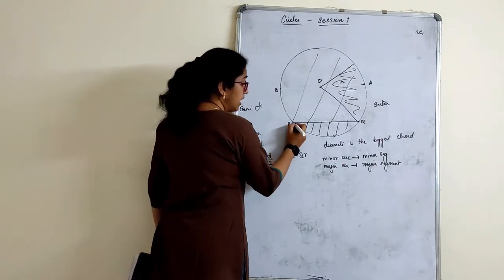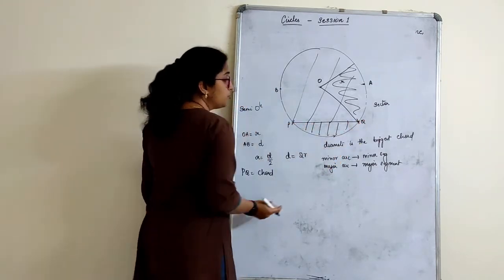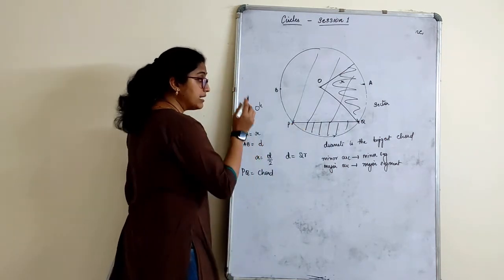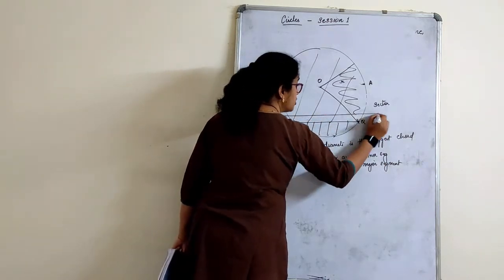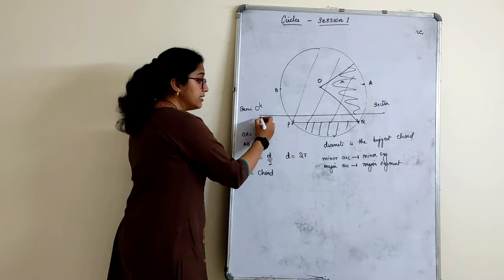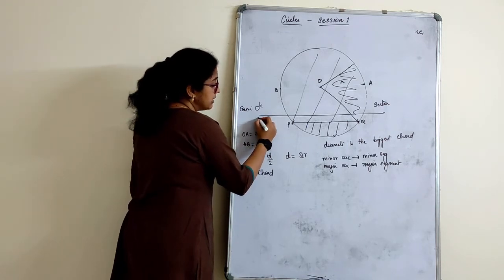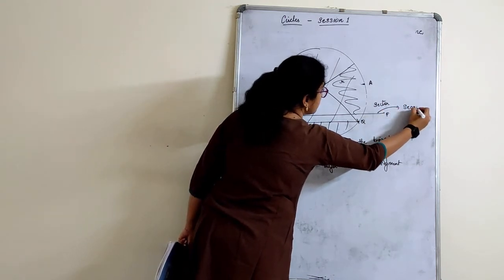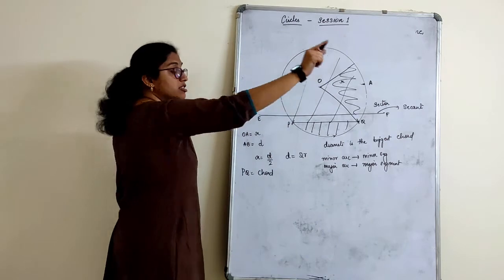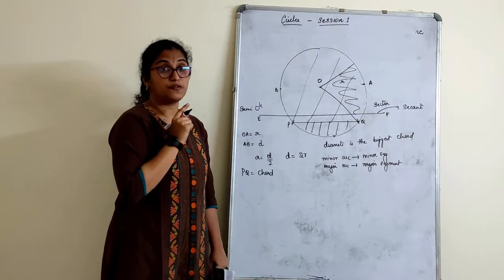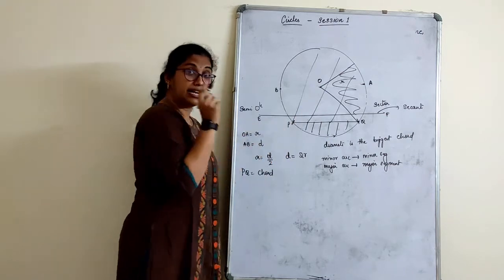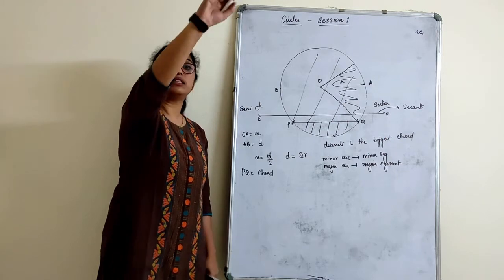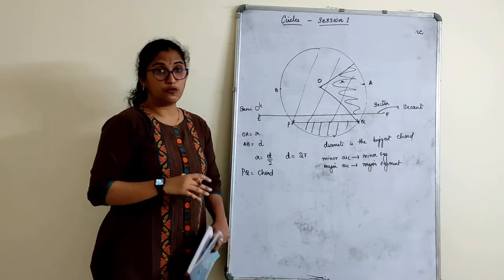Now, a line segment which cuts 2 points on the circumference of a circle is called a chord, as we told here. A line segment which passes through the circumference of the circle, I'll consider this as CDEF, E is called a secant. It passes through the circumference of the circle, cuts at 2 points, starts from here, ends at one, and after cutting it will still extend. That is called a secant of a circle.